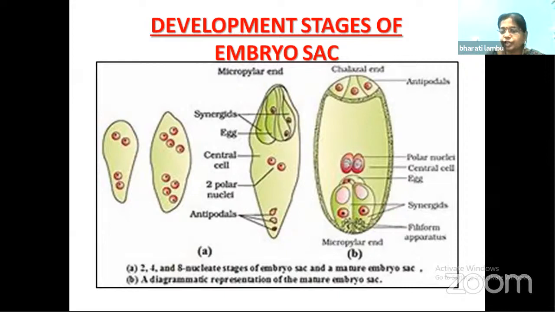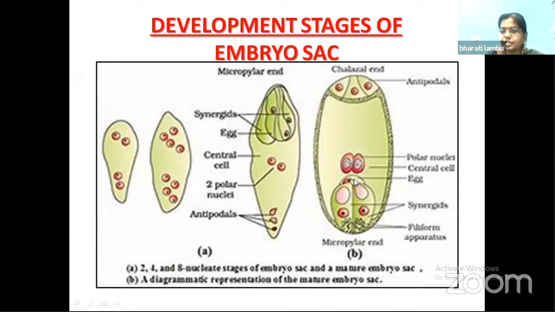So when the pollen tube has reached the tip, one of the synergids will disintegrate. This disintegration will help in the opening of the cavity. Then the pollen tube will release its male gametes. So synergids will help in a chemotactic manner to attract the pollen tube, and when the pollen tube is entering, one of the synergids will disintegrate so that the pollen tube can easily enter into this embryo sac.